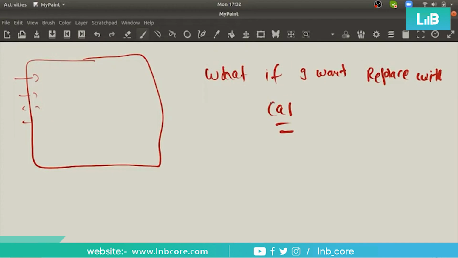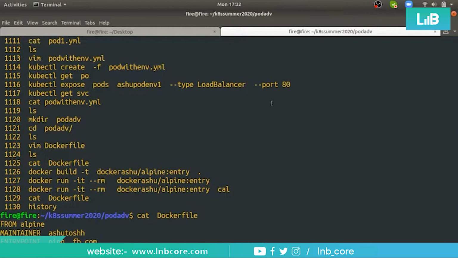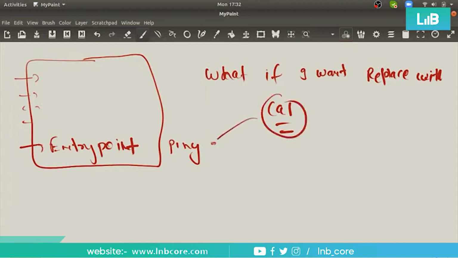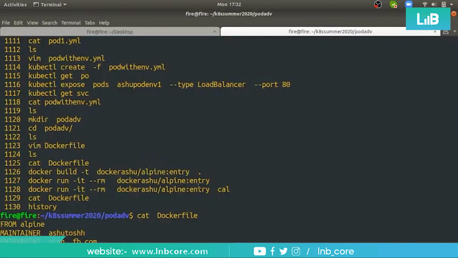What if I want to replace ping with cal? docker exec cannot replace the parent. I want to replace the parent process. Exec is for the child. Here is ENTRYPOINT, and here is ping. I'm asking about the parent process, not the child. First of all, let me know here in the chat window, can we replace it or not? Yes or no?